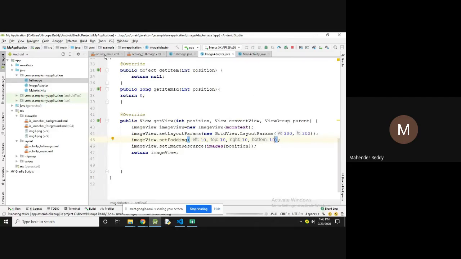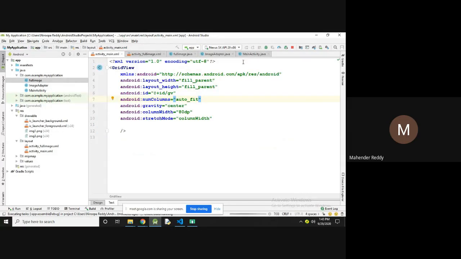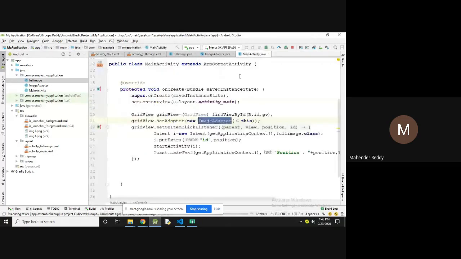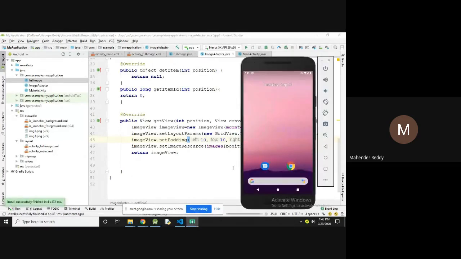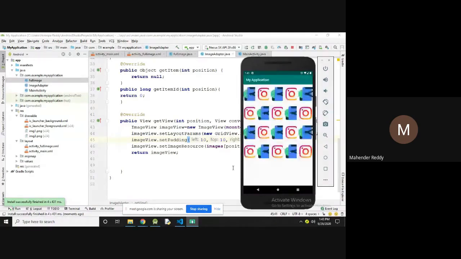So now here I changed this to auto fit, and here in the image view I changed 300, 300 and 10, 10, 10, 10. Okay, when I use the auto fit, it will display like this. So the images are not going to be fit.